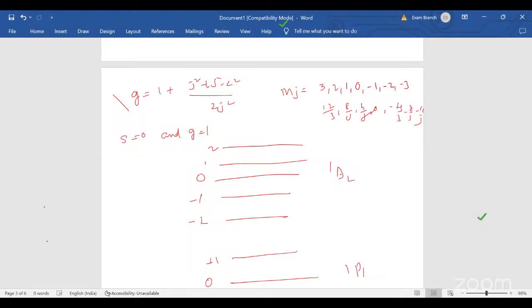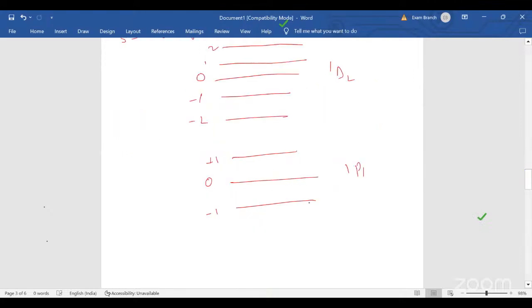So for that one, what is the S you have? How much is S? It is half, -half. Right, L plus S comes. L plus S, nothing but, suppose P means what? 1, L is equal to 1. L is equal to 1, S is equal to half, -half. So like that 3 different levels you'll get. Between them you'll get these different transitions. So this is how you'll